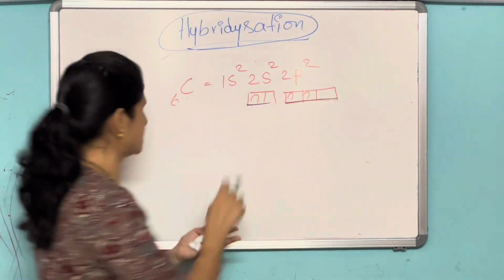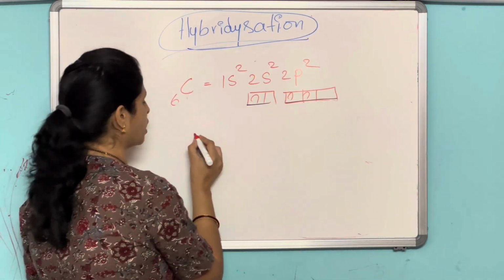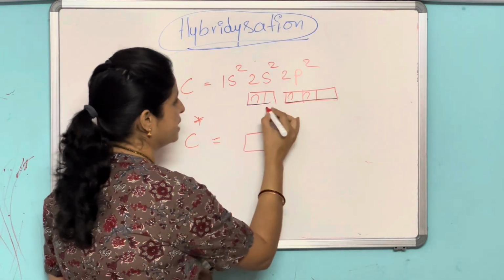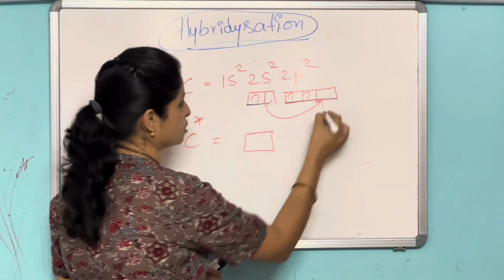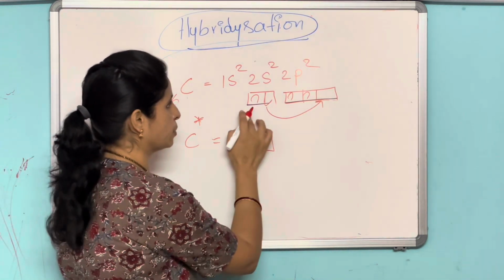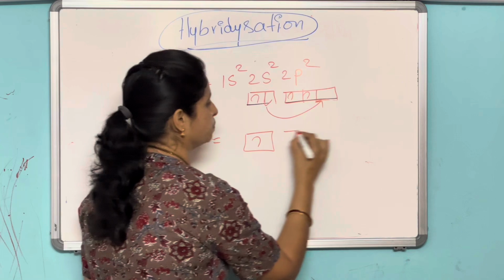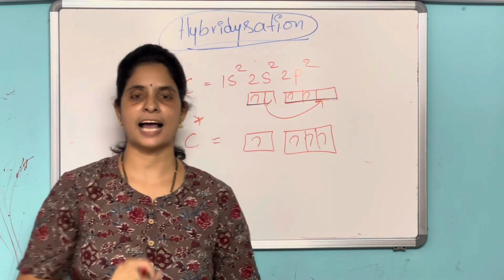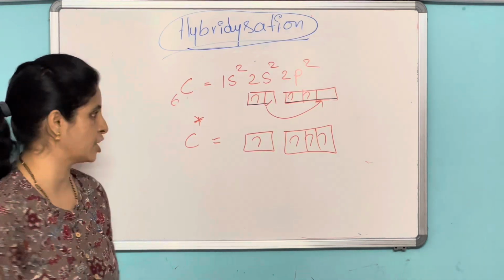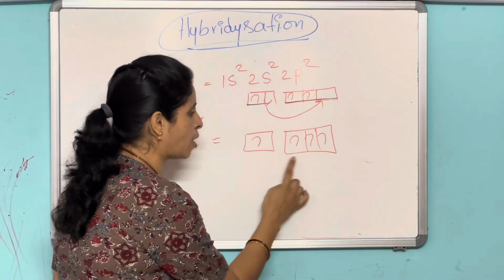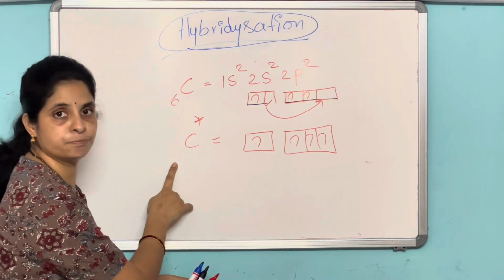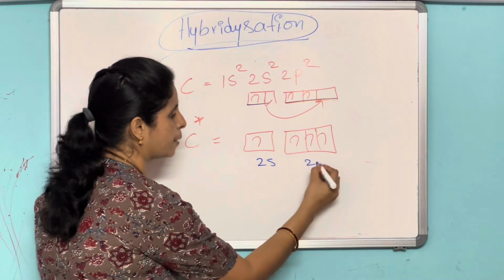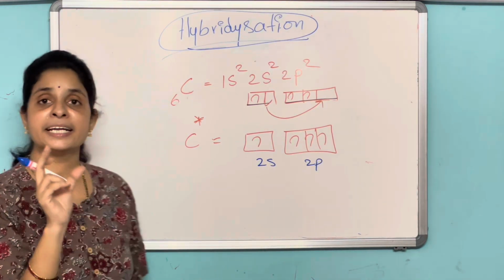Now here this is the ground state electronic configuration of carbon, and this is the excited state electronic configuration. In the excited state, the electron from the 2s orbital will jump into this one. Now what will happen in the concept of hybridization? These two atomic orbitals of the carbon atom, the 2s orbital and the 2p orbitals, intermix,